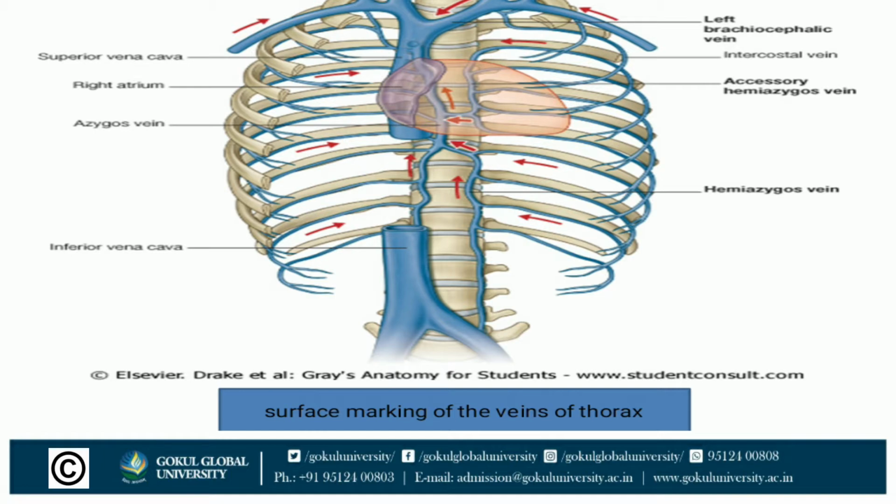It is marked by the two parallel lines 1 cm apart drawn from the medial end of the right clavicle. Same in the left brachiocephalic. It is marked by two parallel lines 1.5 cm apart drawn from the medial end of the left clavicle to the lower border of the first right costal cartilage. It crosses the left sternoclavicular joint and the upper half of the manubrium.